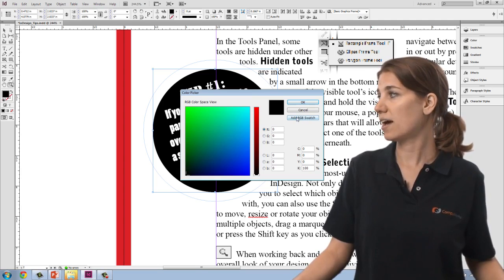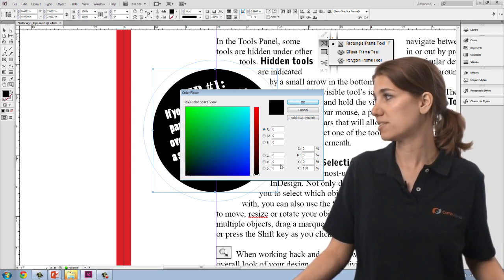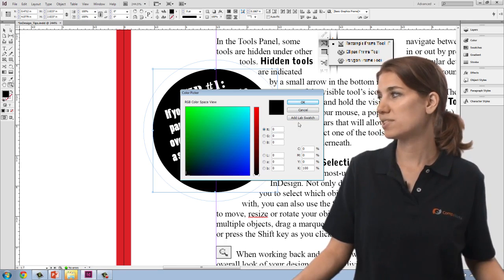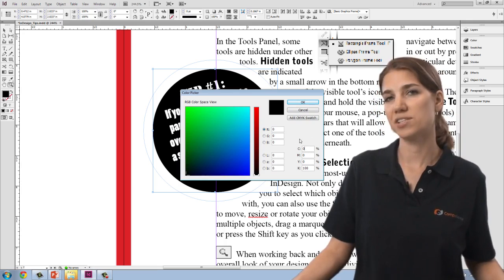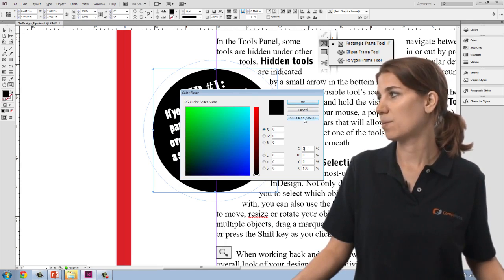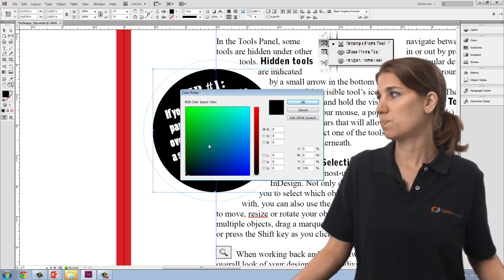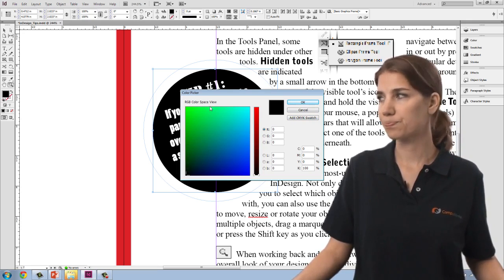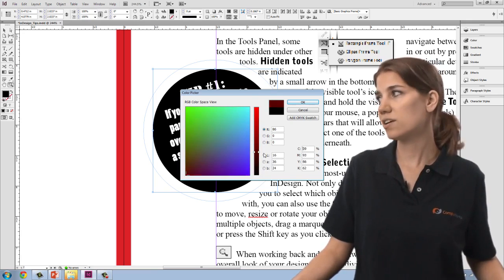So you can see I get this button that says to add an RGB swatch when I'm clicked in the RGB color definition options. If I'm clicked in the LAB options, I get the option to add a LAB swatch. And if I'm clicked somewhere within the CMYK options, I'll have the option to add a CMYK swatch. So that's the color space that my color is being created in, even though it still says I'm in the RGB color space view. I can scroll my slider up and down to get a different range of colors,